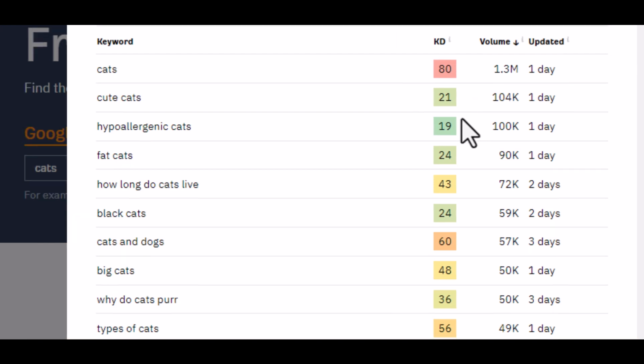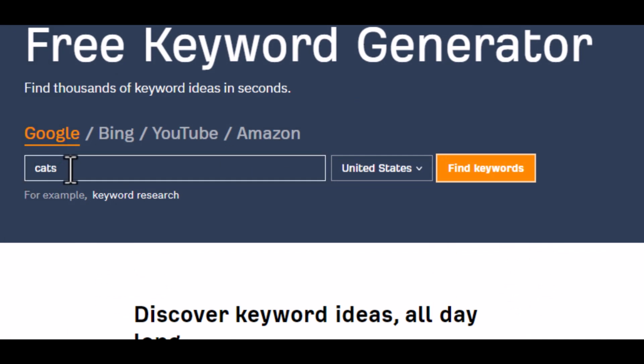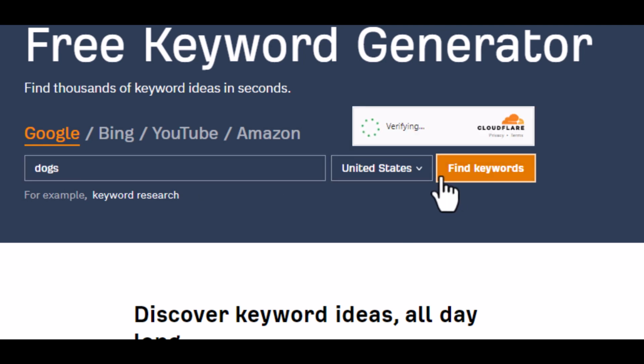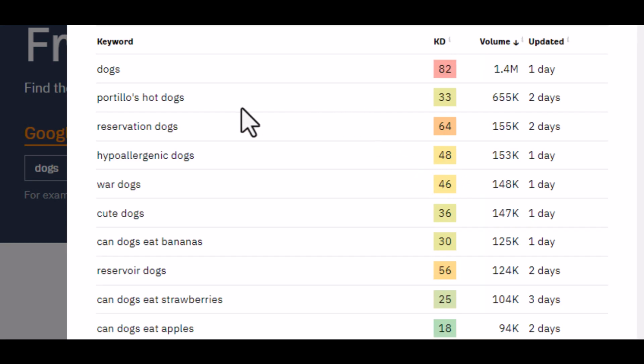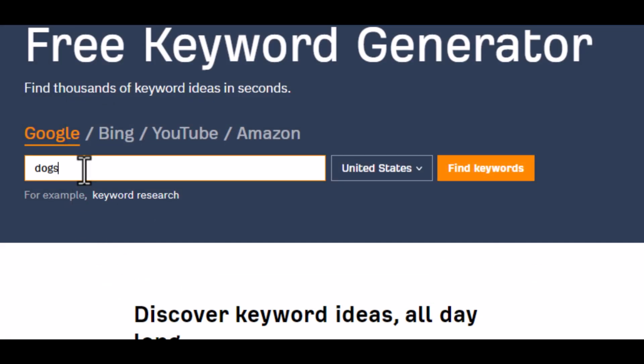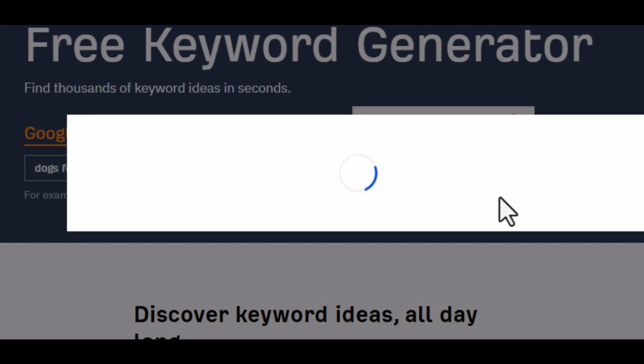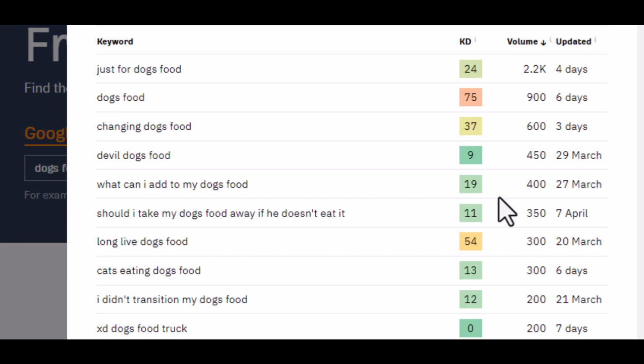However, if I want to go for the dog niche, I am going to narrow down the niche, go for a sub niche. So go for sub niches in dogs, because generally this dog niche is competitive. You can see the only least keyword here is 18. So what will I do? I can decide to narrow it down to dog food. That is how to make a competitive keyword less competitive, by narrowing down the niche.